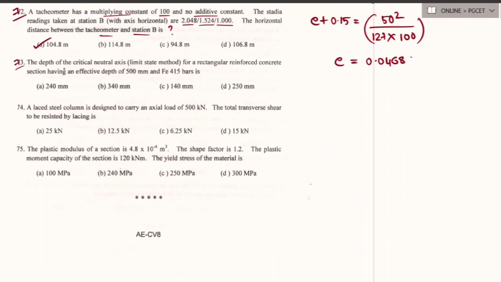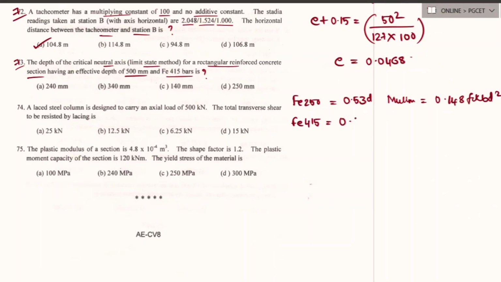Question number 73. The depth of critical neutral axis in limit state method for a rectangular reinforced concrete section having an effective depth of 500 mm and Fe 415 bar is, as per IS 456-2000 codal provisions: for a grade of Fe 250 steel, the critical depth is given by 0.53 times of depth and the limiting moment is given by 0.148 fck bd square, and for Fe 415 steel grade,